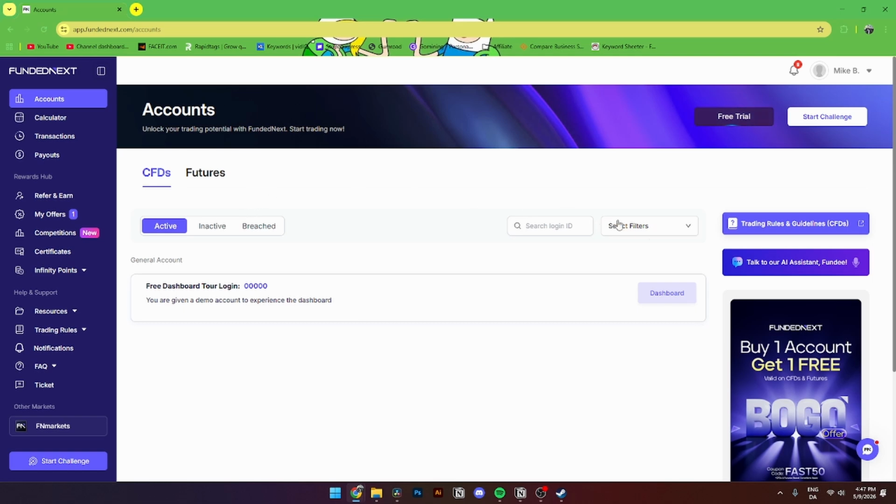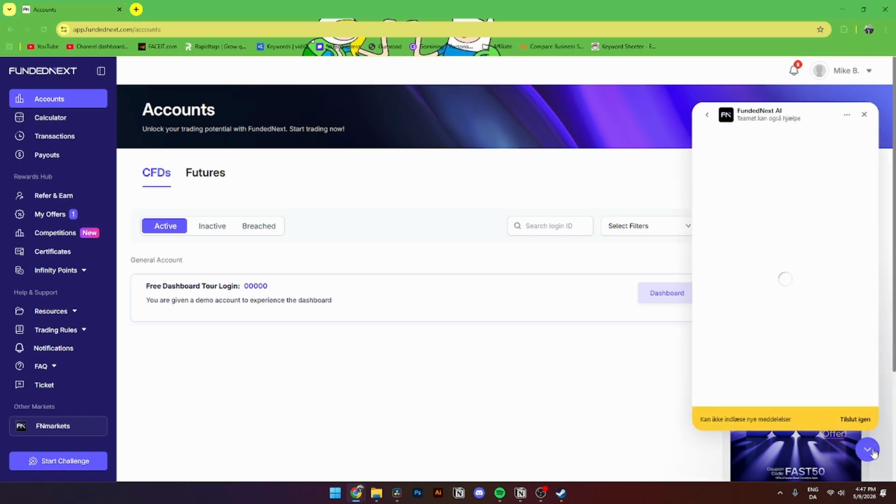Once from here, you'll need to go down to the right hand corner, and then you can see this little purple icon down here with FN and this little red button over here, and you just need to open it up, and then from here it should look something like this. As you can see, mine will be in Danish, but yours will be in your specific language and will work exactly the same way. So from here you'll need to go down to this little purple icon called send us a message,